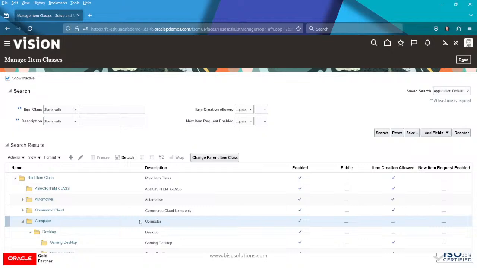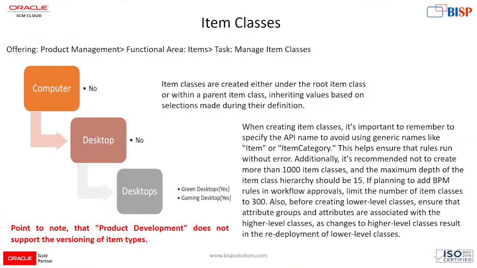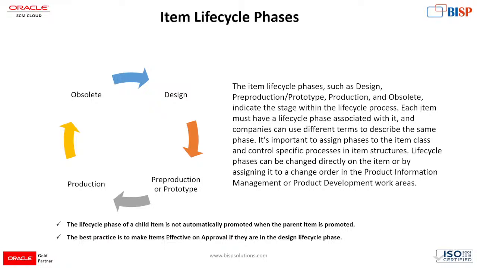Let's move to the PPT now. So that is the item classes, how we can create the item classes. So moving to the next slide, that is item life cycle phases, which are used to indicate the stage of an item within the life cycle process. Each phase represents a set of tasks,